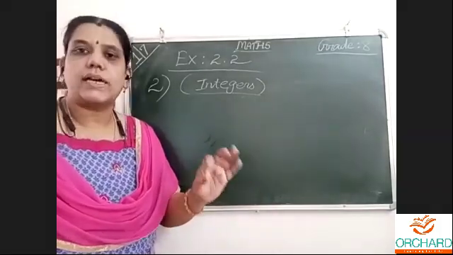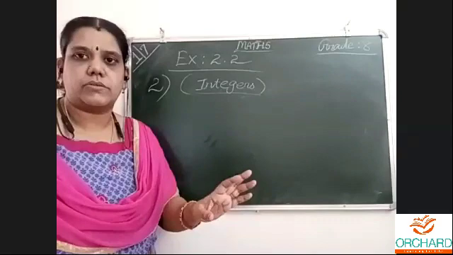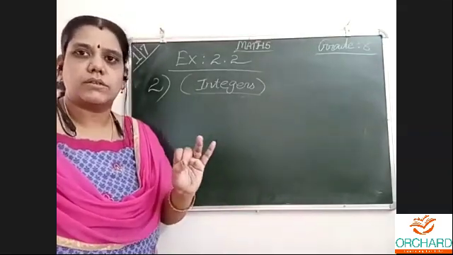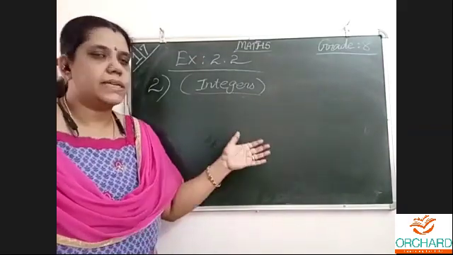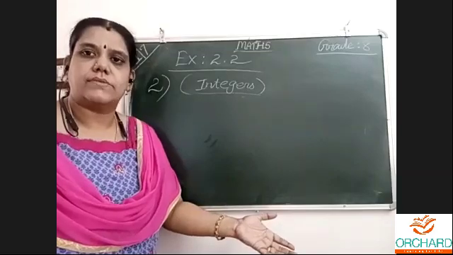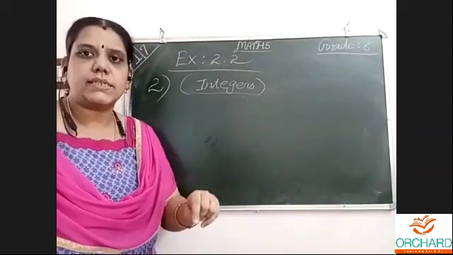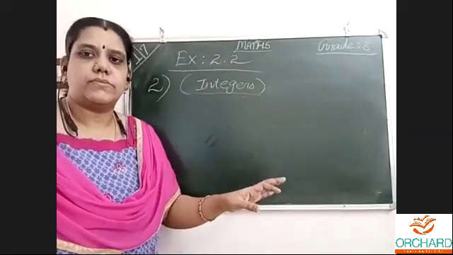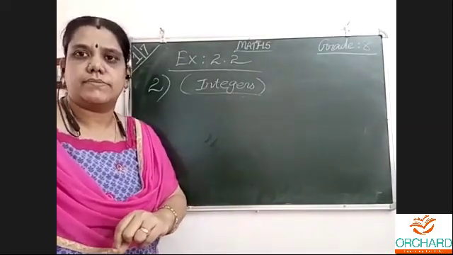Next chapter is squares and square roots. Very interesting and very new chapter for you. Because up to 7th standard, you don't have square roots and cube roots. Only in 8th standard we have. This powers and exponents we had already last year. Rational number we had already last year. Now squares and square roots, cubes and cube roots, that and all totally new. But very interesting. Monday, we will start that.